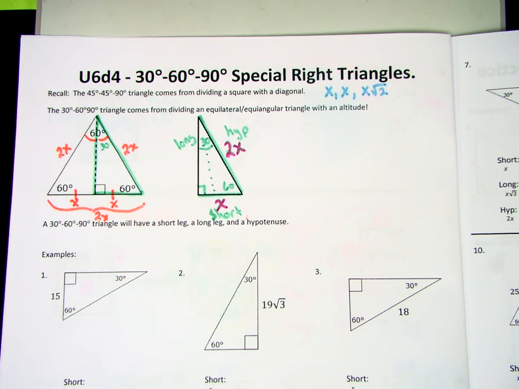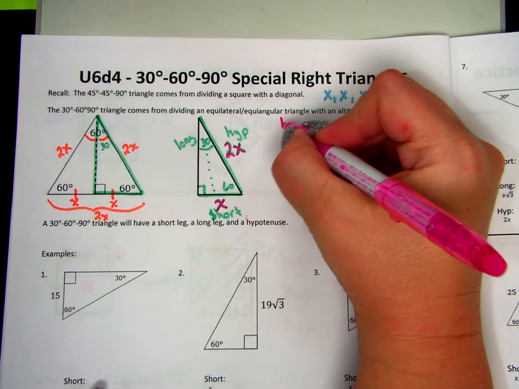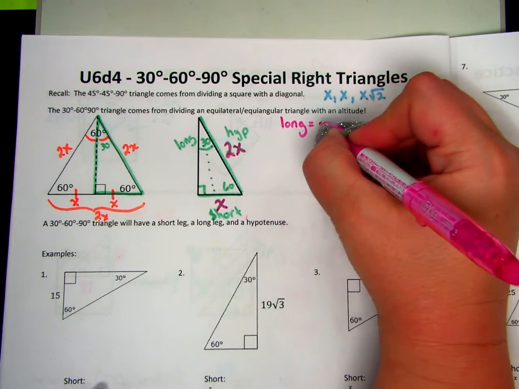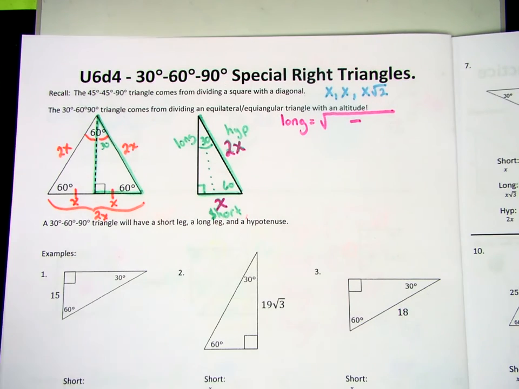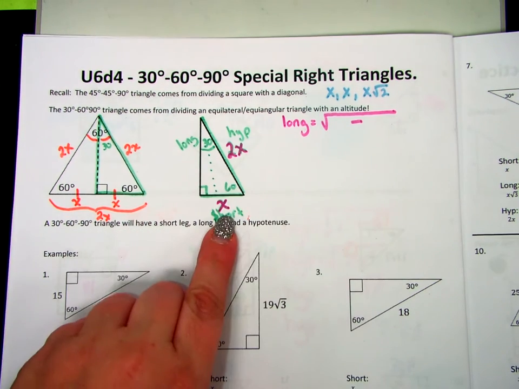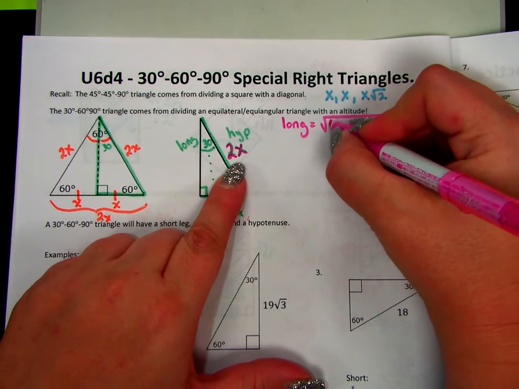Remember when we did Pythagorean theorem, we said if we want to find the leg, we subtract in the square root and we square the other two sides. So if I want to find the long leg in my square root, I'm going to subtract the other two sides squared. And we said you always put the bigger number in first. We know the hypotenuse will be bigger because it's twice as big as the short leg. So I'm going to do